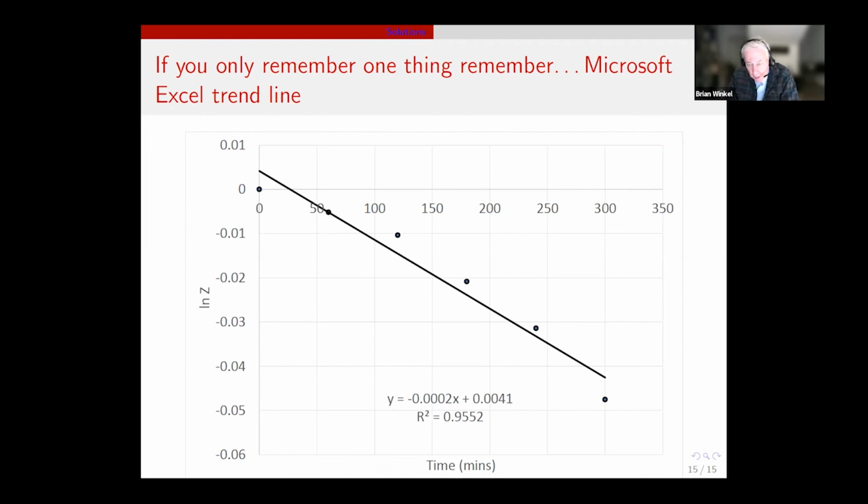When people started using technology, one of the cynical criticisms was, how can you trust your answer? Do the students have enough savvy to do a reality check on the answer? This is a case where, to the right of 2, that coefficient is minus 0.0002. We're missing some of those digits, and those digits are critical to what we're doing. Unless you know the trick to say, give me more digits, the tool doesn't immediately give that back. So your students went down that rabbit hole and you couldn't really fault them.